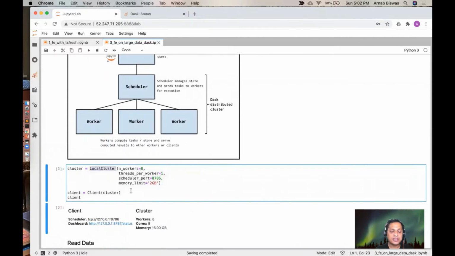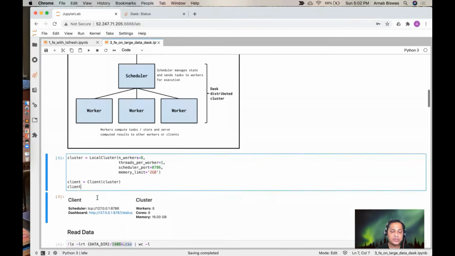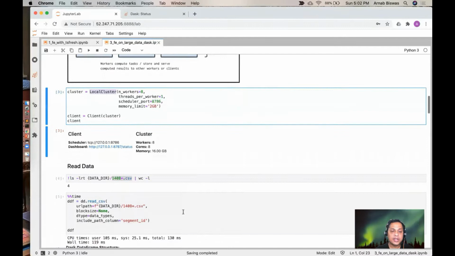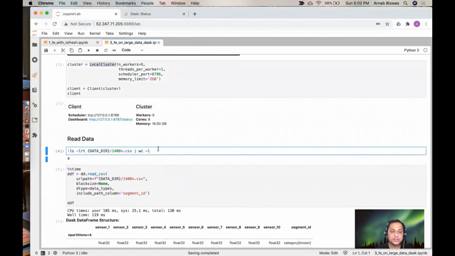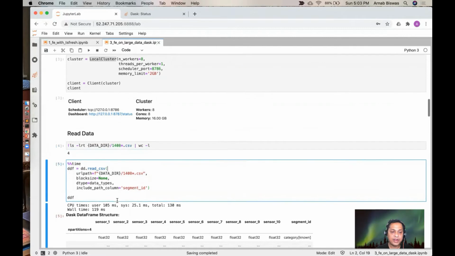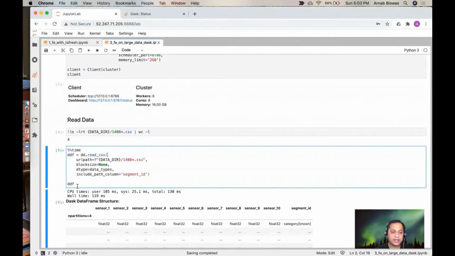Here, I have created a local cluster in this VM with 8 workers. Next, I have created a Dask client and connected that client to the cluster. Now onwards, any computation related to Dask happens in this cluster by these multiple workers. Next, I have asked Dask to read a few CSV files which match this particular regular expression. Looks like there are 4 such CSV files, and Dask reads these files very quickly, within 119 milliseconds, and returns